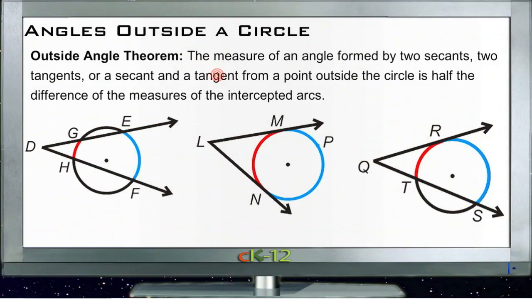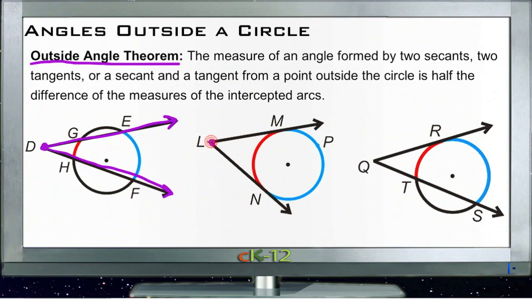All right, angles outside a circle is another relatively quick little lesson. Basically, we're just going to deal with a single theorem, and that is when we're dealing with an angle that arises outside of a circle or is originated outside of a circle, there's really three different possibilities. Either it starts out here, like we have in our first one here at point D, and then both sides of the angle pass through the circle, like chords,